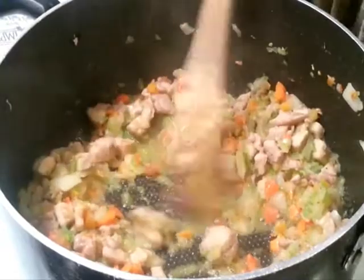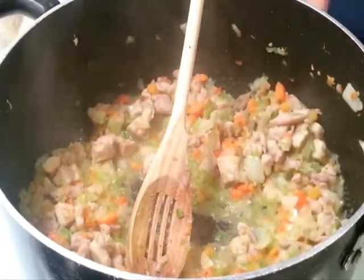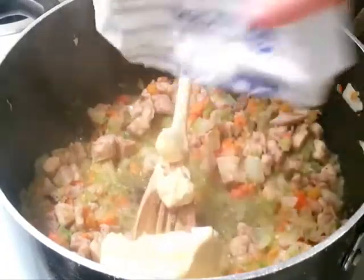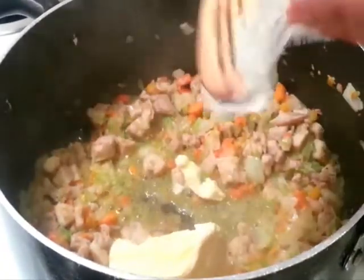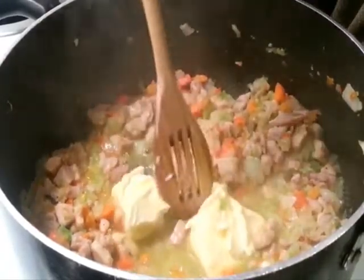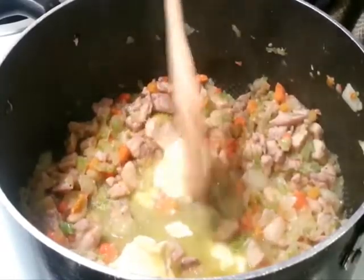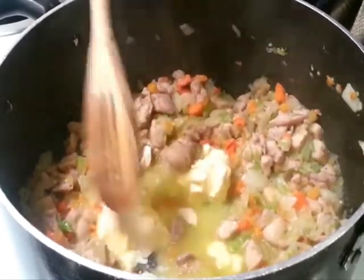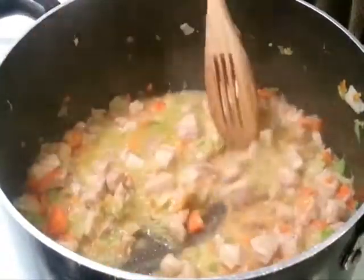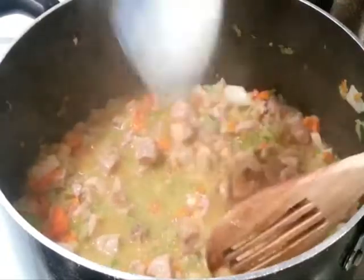So my veggies have cooked down, and now we're going to add butter and stir it until it melts. There it goes. So let's stir this until it melts, and then we're going to add the flour. So my butter has completely melted, and now we're going to add 1/3 cup of flour,